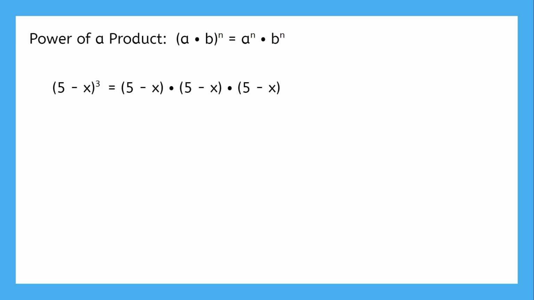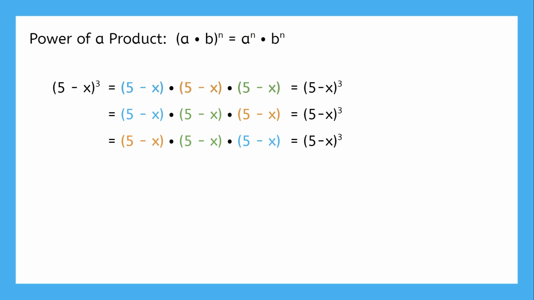Does that mean the commutative property can't be used here? Well, not necessarily. After all, we do have 3 different parts being multiplied, so we can use the commutative property to swap these orange and green pieces, or the blue and the orange, or any other rearranging. The thing is, this doesn't change anything. No matter how we rearrange the identical parts, we will get the same expression that we started with. Neither the commutative property nor the power of a product rule helped us to simplify this, because the inner operation wasn't multiplication.